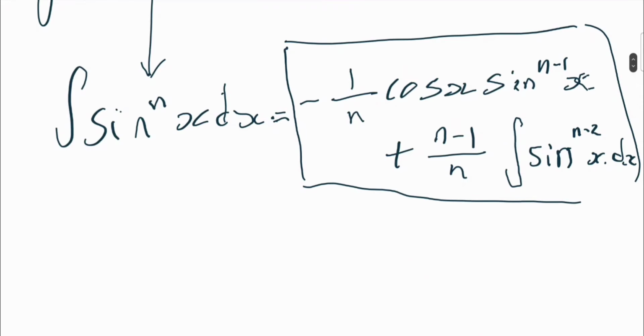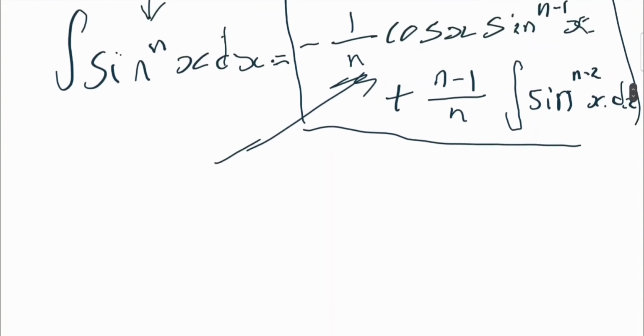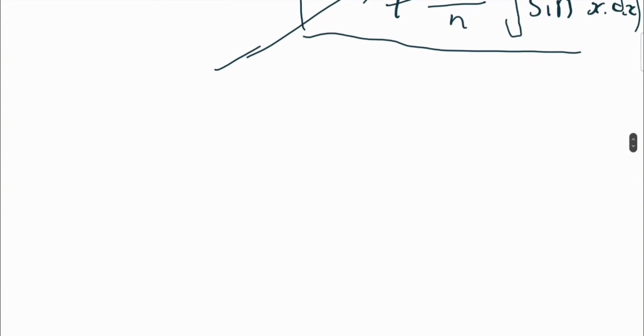So we can use 2 for n in this case. Okay, so let's do this. So that means that the integral of sine squared x is equal to